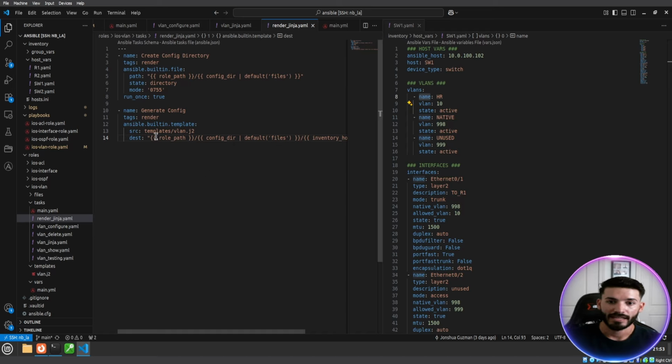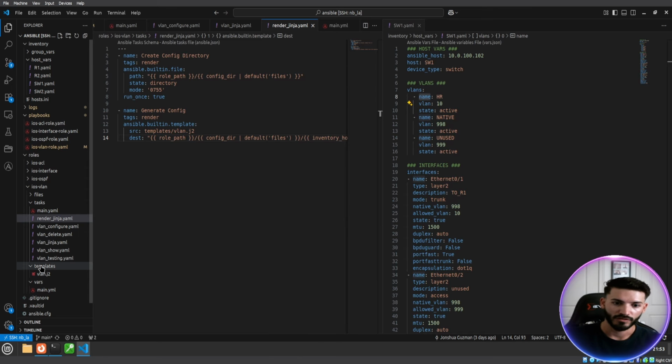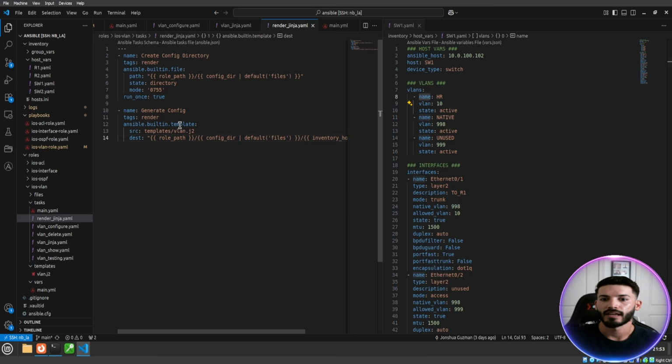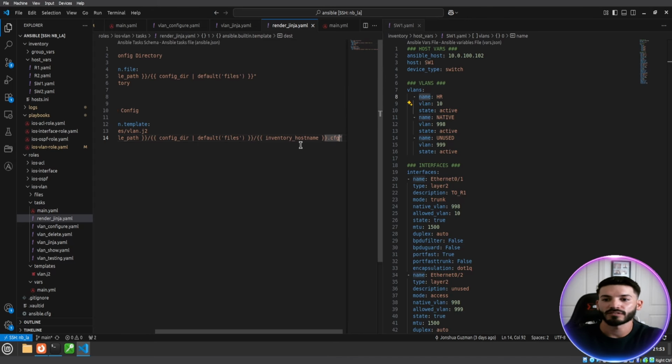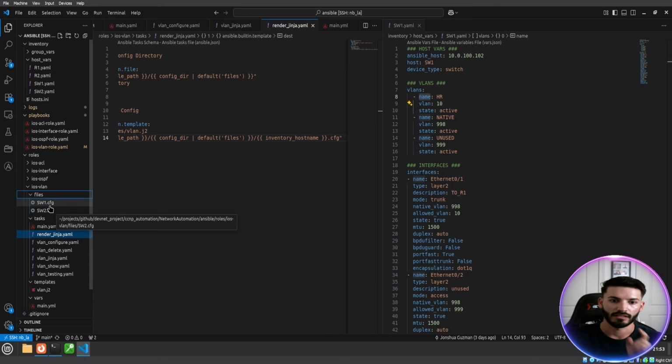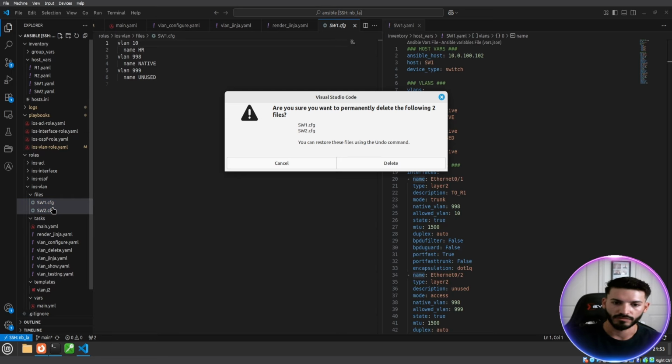So what it's doing here is saying, hey, look for the templates folder within my role, so templates, and then VLAN.j2, right? And then same thing, when it renders it, it's going to go to the same path, role path, config directory, and it's going to use the inventory hostname variable, right? So as it's iterating through our switch 1 and switch 2, this variable is going to change. So it's going to name the file switch1 or switch2.config like you're seeing here. I'll actually delete these real quick